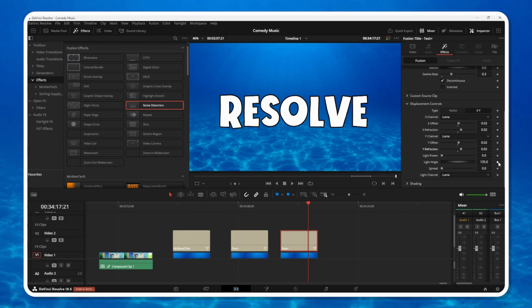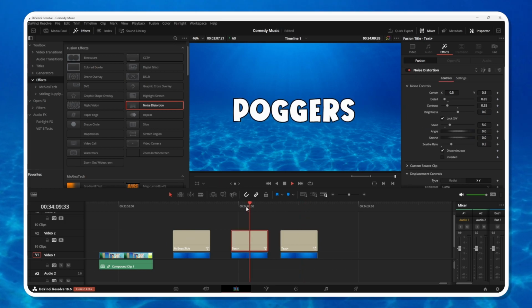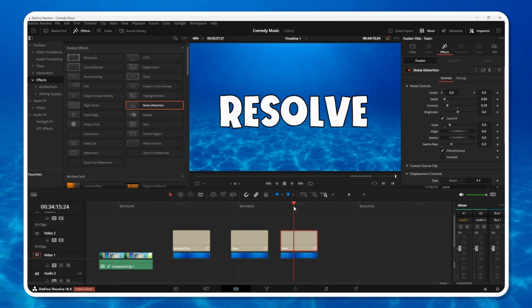And here's displacement controls. Now we're already pretty close to our final effect, but if you notice, it looks a little smooth. What we're wanting is something a bit more jittery, almost like it was hand-drawn a little bit. And the way we achieve that is by cutting the frame rate in half, or even more if you want